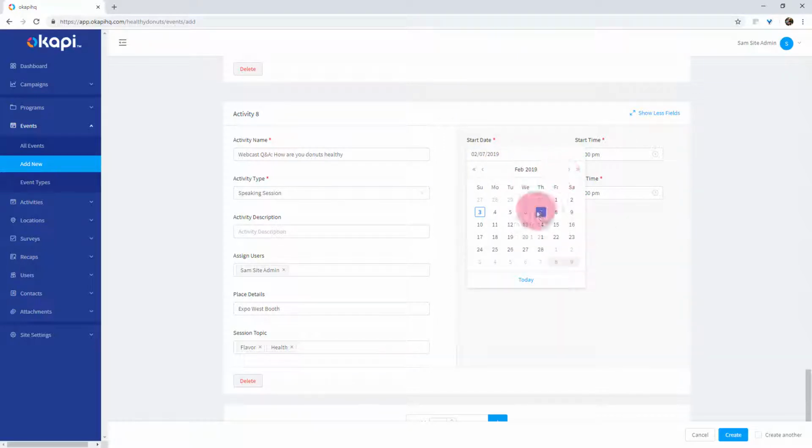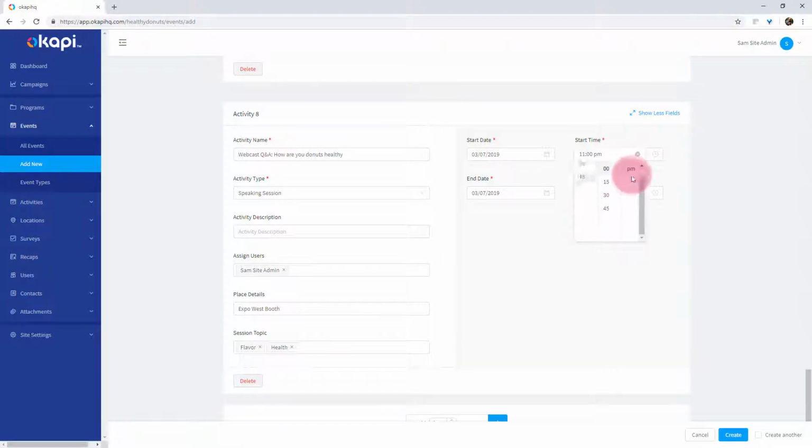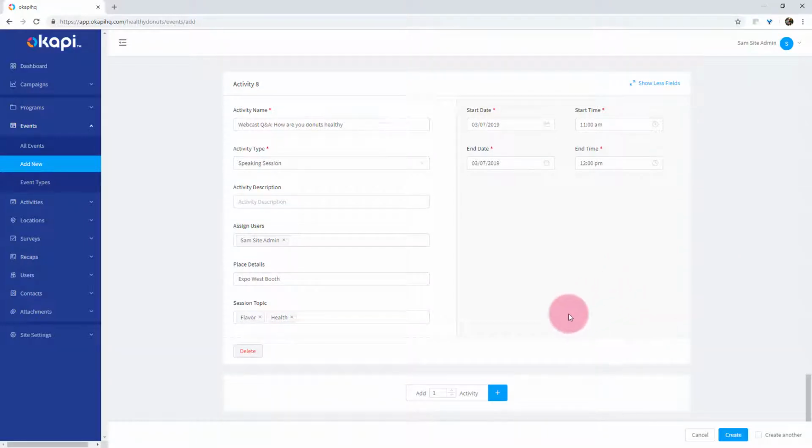Oops, I need to change this to March 7th rather. And this will occur from 11 a.m. until 12 p.m. So now we have all of our speaking sessions,